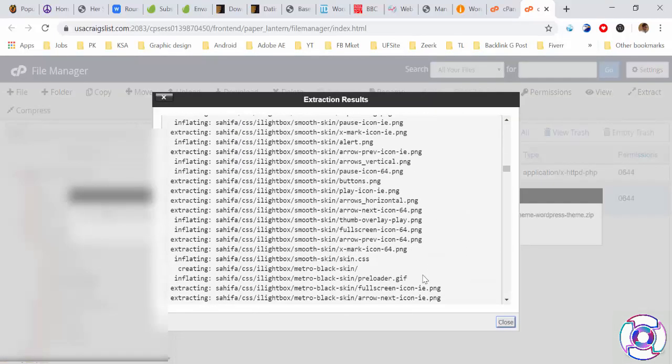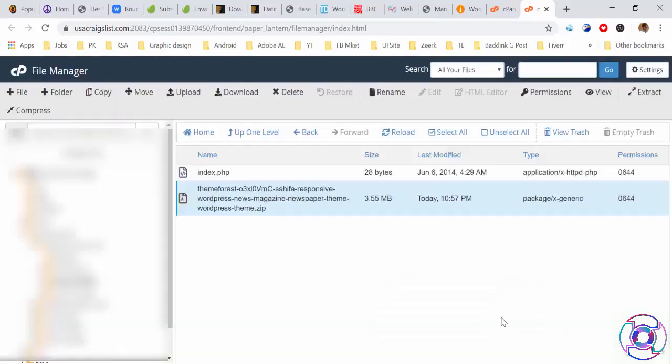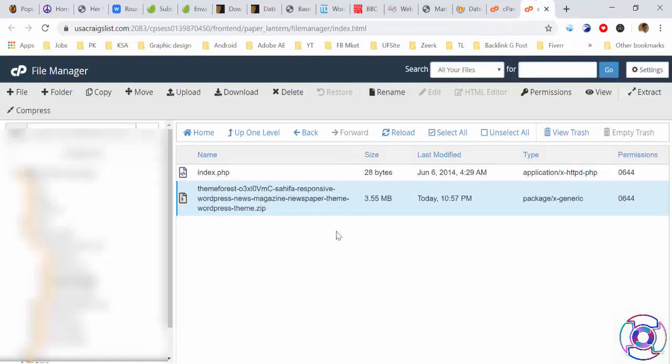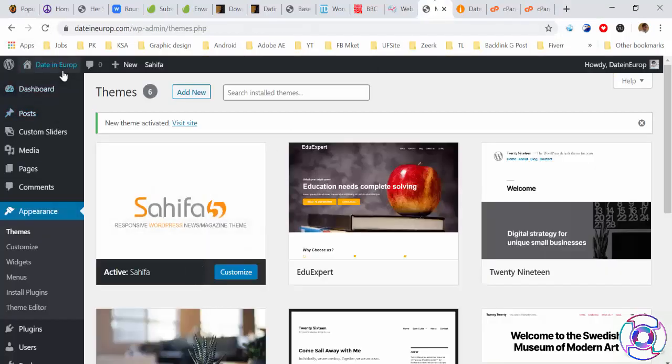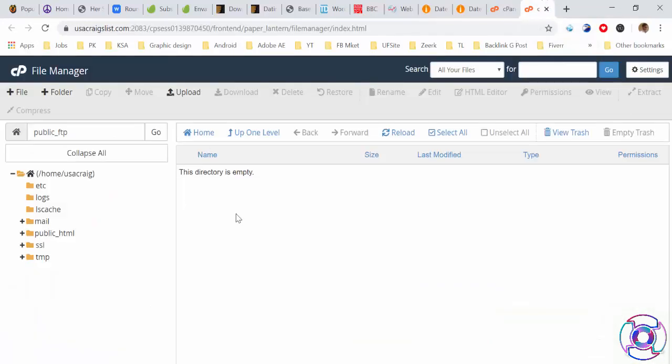So you guys can see this file is already extracted, and close and refresh this. So I'm going to refresh this also. You see our theme is ready now, again, Shifa.